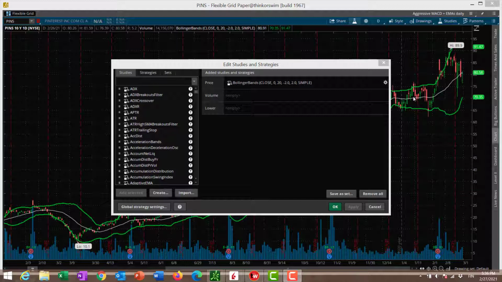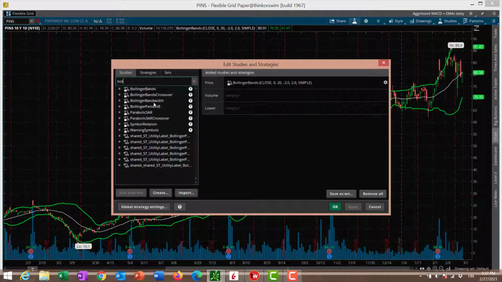Because within the two standard deviations, the price stays within these 95% of the time based on the Gaussian normal distribution theory. So when the price goes above here, I don't feel like it's a good idea to buy anymore. The good idea to buy was somewhere in the middle. So if I don't want to keep these on, and I actually don't like to keep these on because they make my chart look quite messy,